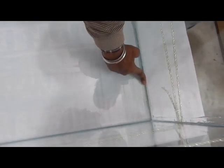And now I am using my finger, lightly pressing onto the seam. What I am trying to do here is, if there were any rough edges or any gaps between the glass, I am trying to fill those gaps with my running finger. I have a cloth in my hand with which I am wiping my finger. Every time you wipe, make sure you are using a clean finger. So, running my finger smoothly into the corner,